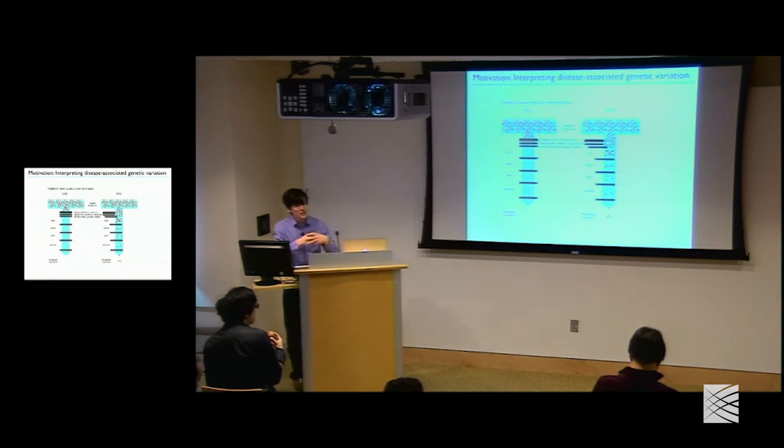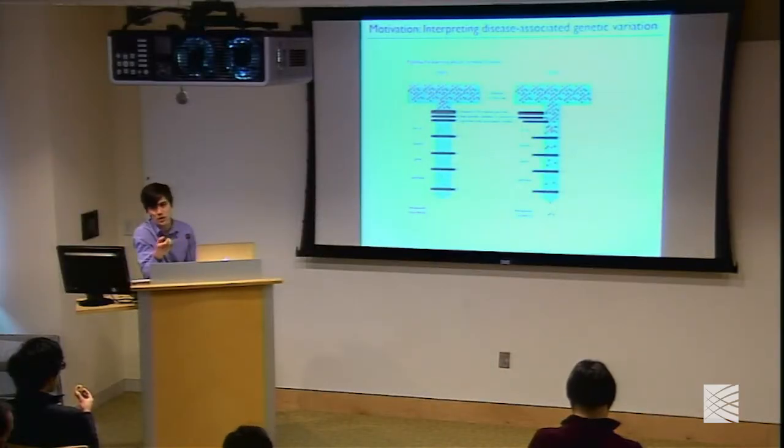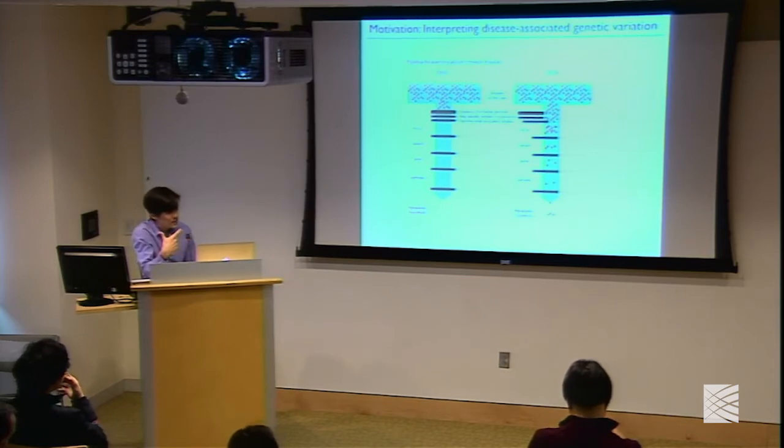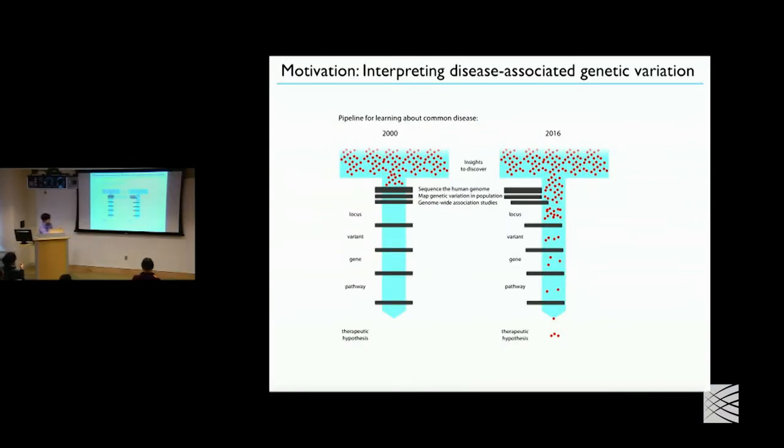So what are the remaining steps that we need to solve, which are every bit as challenging as these three here at the top of sequencing the human genome in the first place? The challenge now is that we need to understand the functions of genes, and also the functions of the non-coding genome, which regulates genes. This is what I'm referring to when I say the regulatory wiring of the genome. We need to understand the genetic code that not only encodes gene function, but also encodes gene expression and the interactions between genes, pathways, and cells.